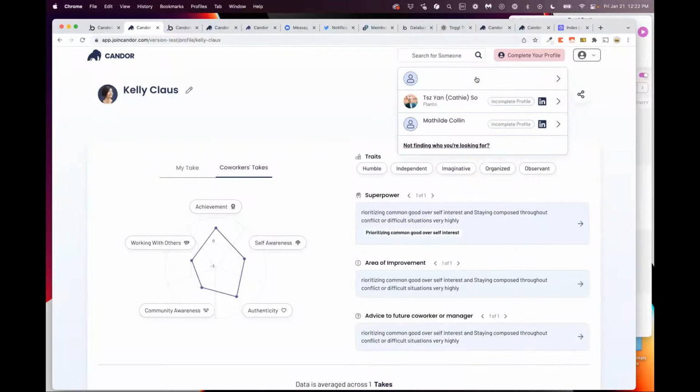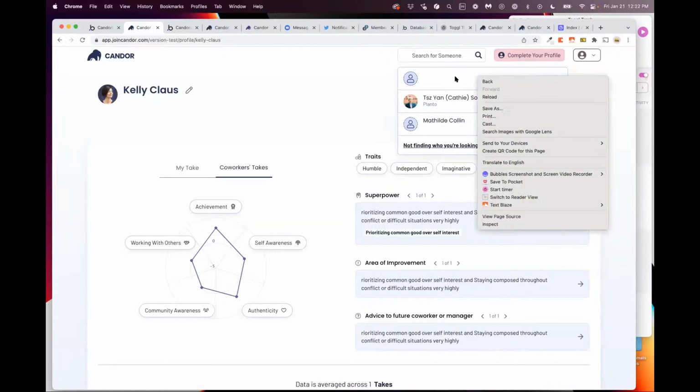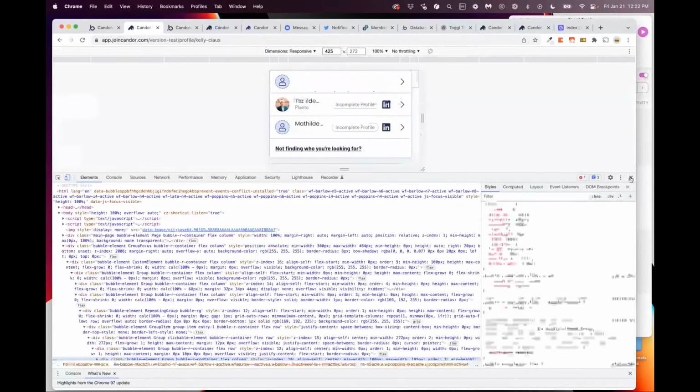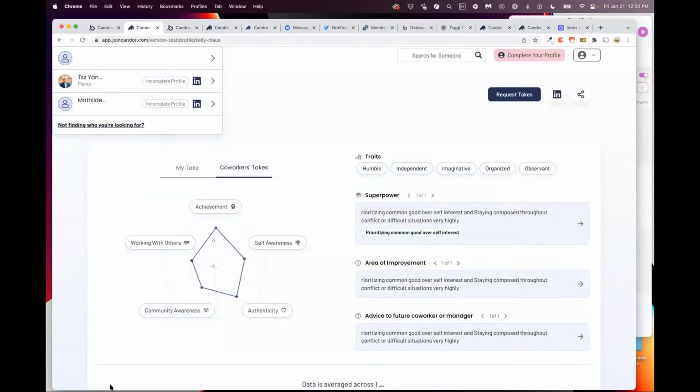Can we inspect that search result guy right there? Yeah, but inside Bubble's debugger. Oh, sorry. Yeah, no worries. Okay, so,